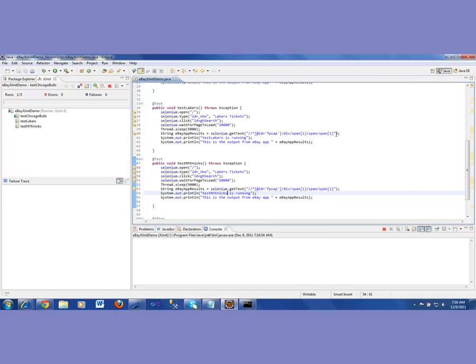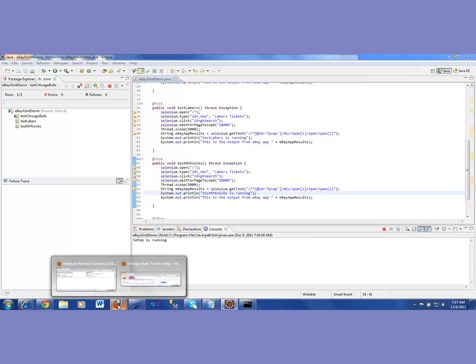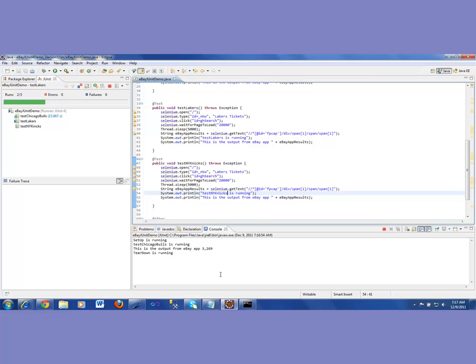Here we go. So we got 3 tests going on. So browser setup is running right now. Right, here is my browser. It opens, and so setup is running. It closes that. Chicago Bulls is running, and it returned 3,269. Very good. Teardown ran. Now setup is running again, and this time we will go ahead,